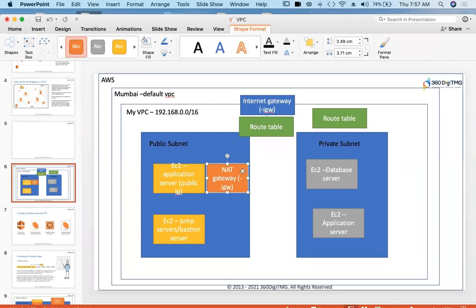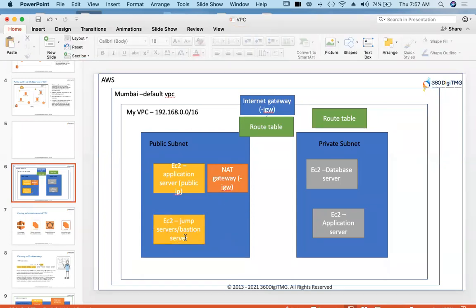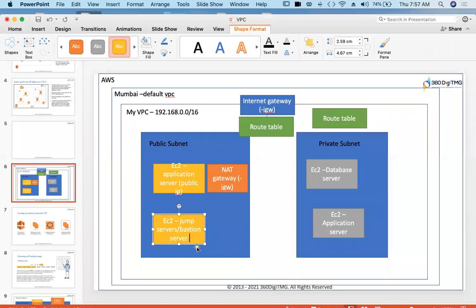And we have one more thing called as NAT instance also. Either you can use NAT gateway or NAT instance. This NAT instance is nothing but your jump server. Those both are same. So let us call it as NAT instance.